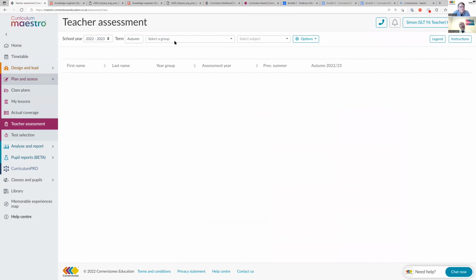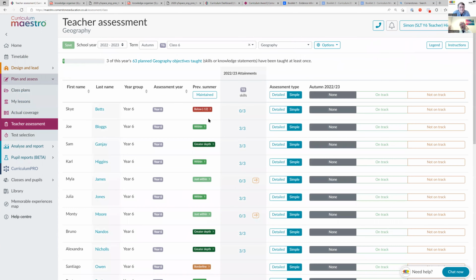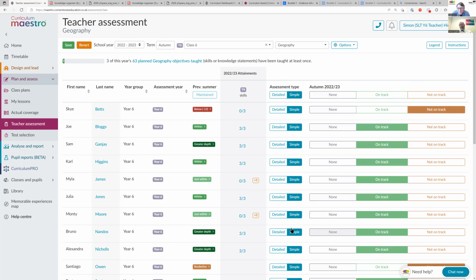Oh, there we go. So at the end of a term, then you can say, right, okay, in geography or history, for example, or in the science, and we've got White Rose Maths on the platform as well. If you use White Rose Maths, you can have a look and say, right, these children have maintained exactly where they are. You can have a look at what they've done and what they have achieved. You say they've maintained it, but actually, you might say this child is no longer on track. Click save. That's your assessment for that half term done, literally, but based on what has actually been taught.